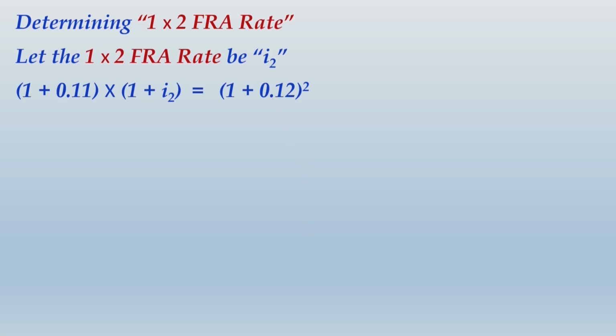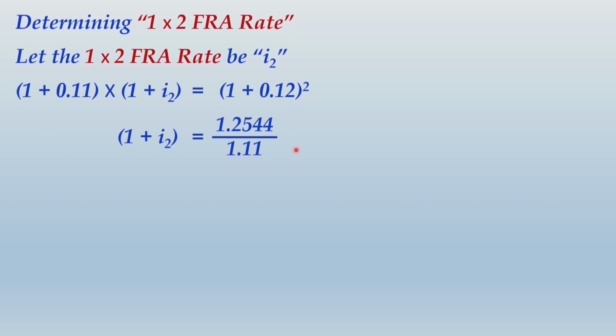So when we solve this equation, what do we get? 1 plus I2 will be equal to this part. How did we get 1.2544? It is nothing but 1.12, that is (1 plus 0.12) whole square, which would give you 1.2544. This 1.11 comes to the right hand side as a denominator, correct? So it is simple. This left hand side term moving to the right hand side, the numerator over here would become the denominator over here. You know how to solve equations, right?